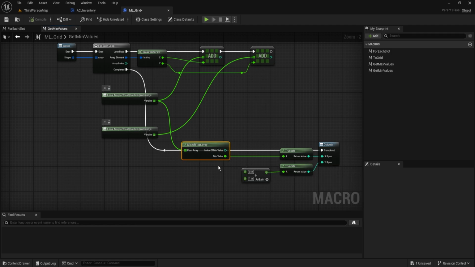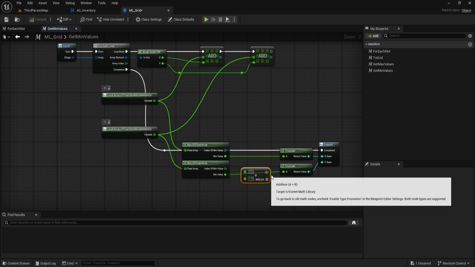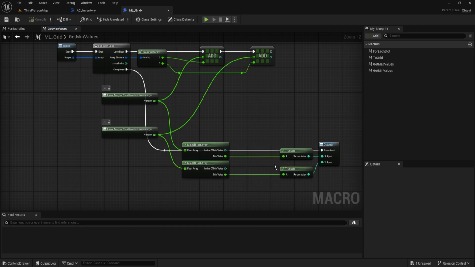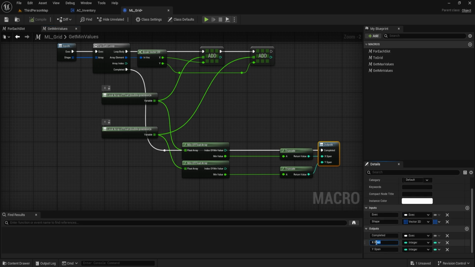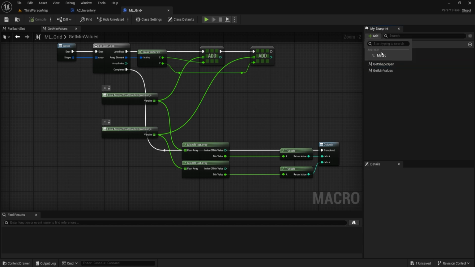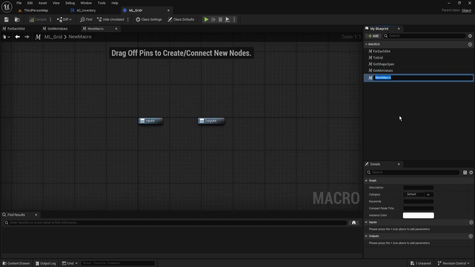So we're just going to copy this, attach it to the Y, pass this to truncate as well, and we're just going to rename this here. So this will just be, we'll call this min X, that way it's clear, and here min Y. And we'll actually rename this instead to get max values to get shape span. Go ahead and add a new macro, and this new macro is going to be called rotate 2D,